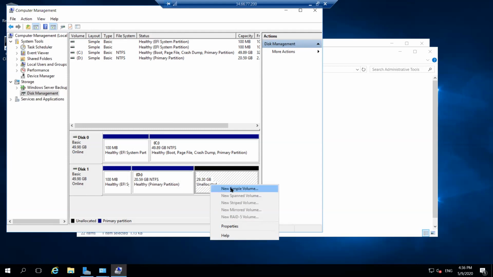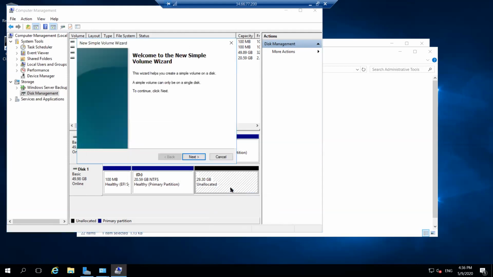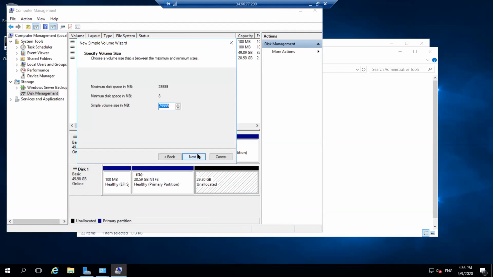And new simple volume. Welcome to the new simple volume wizard. Then next.